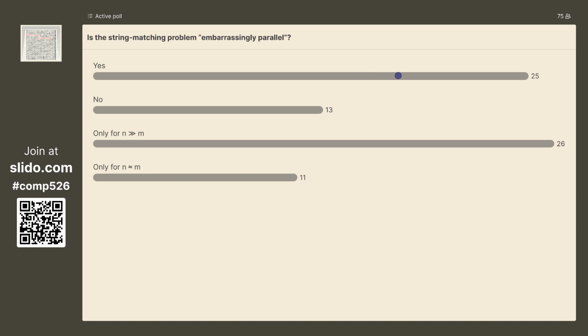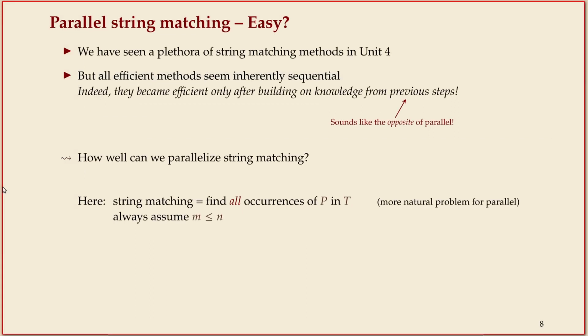So first of all, of course, we talked about this problem, string matching, before in detail. Sorry, I'm back on the slides. We'll discuss the question in a second. We talked about string matching in detail. Now, we've seen